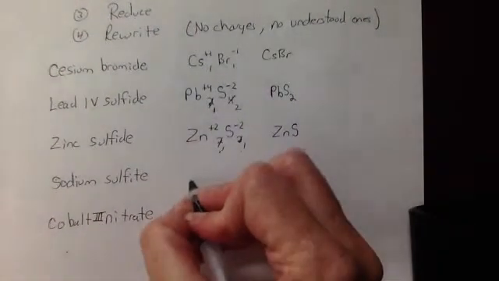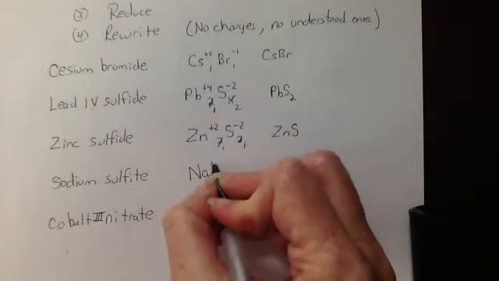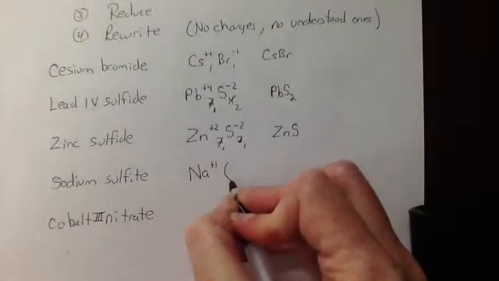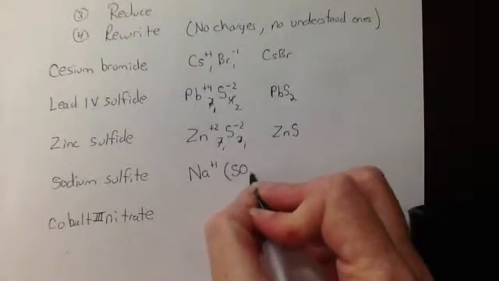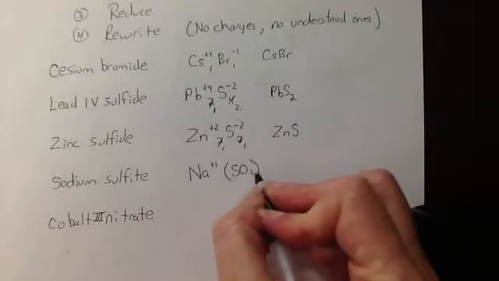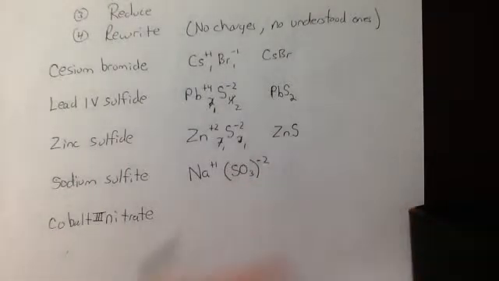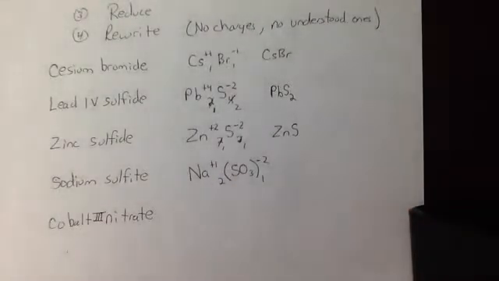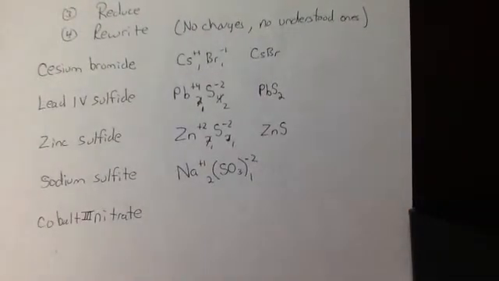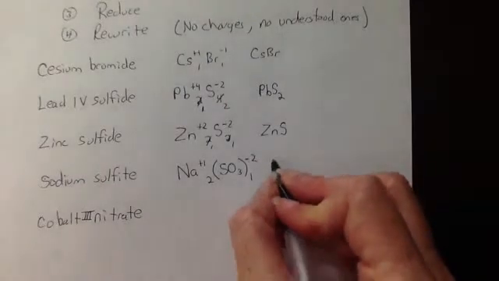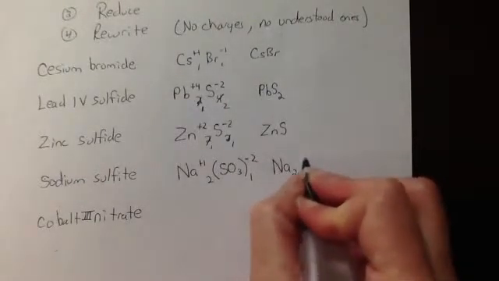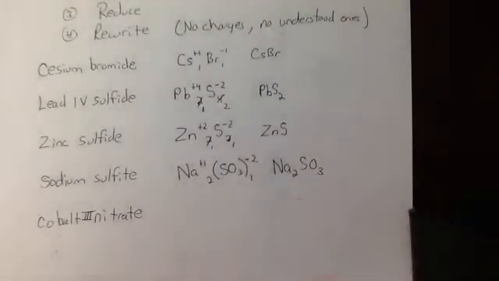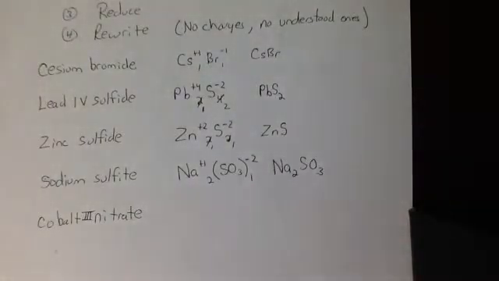Sodium sulfite. Sodium is Na. It has a charge of +1. Sulfite is a polyatomic ion. You use parentheses around polyatomic ions. The charge of sulfite is -2. You crisscross. And then you reduce. 2 and 1 won't reduce anymore. And you rewrite it. Na2SO3. I did not put the parentheses because you only need the parentheses if there's more than one of the